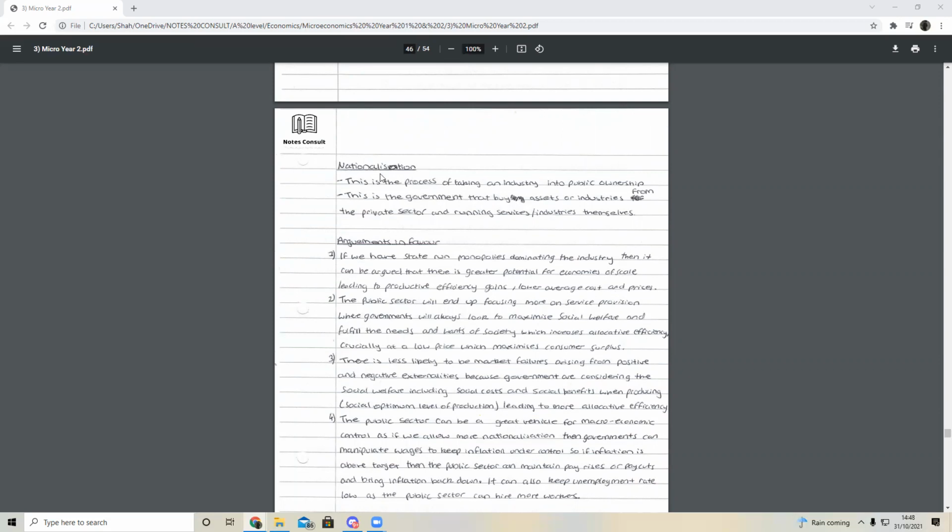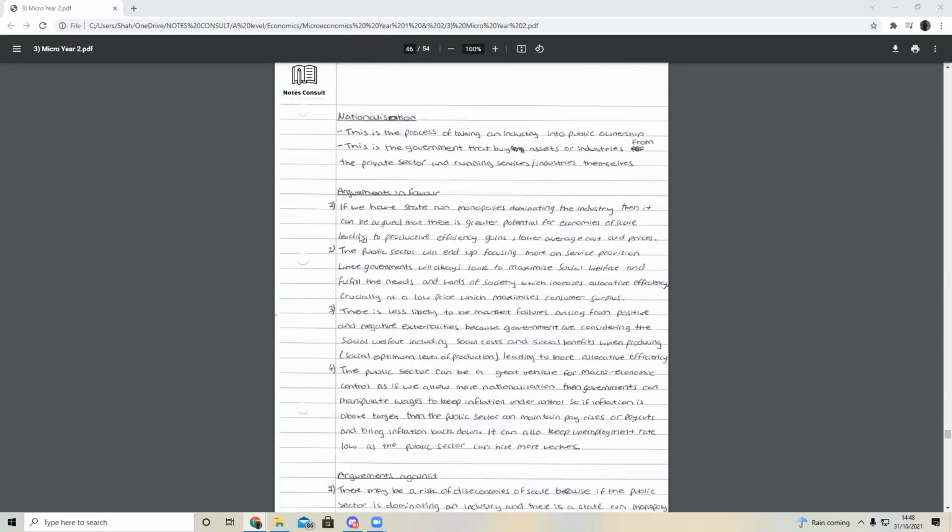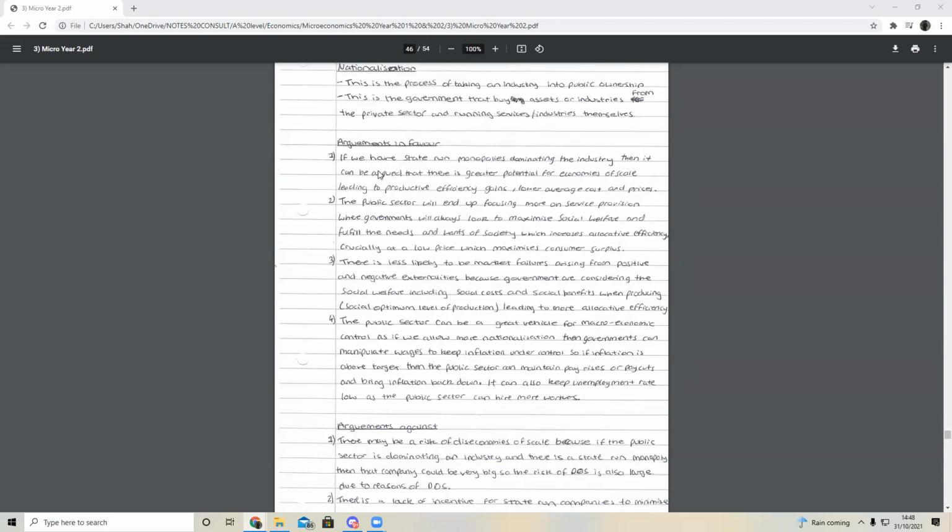Nationalization. Do you know what that is? It's like the opposite, innit? Yeah, it's when a private firm gets state owned. It's exactly the opposite of privatization. Does it get sold off to the government? Yeah, I believe the government buys it. So the government buys the industry from the private sector and runs it themselves. That would make sense. Government can't just steal it.